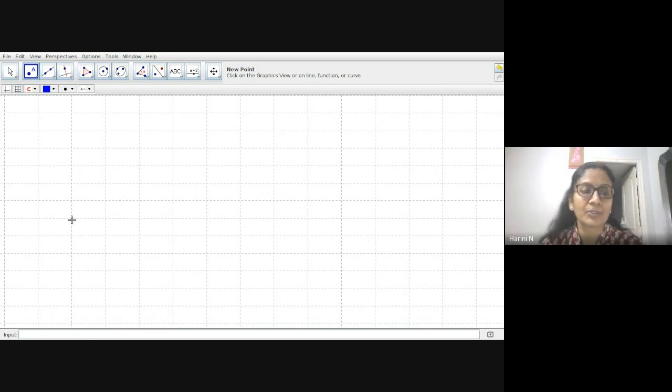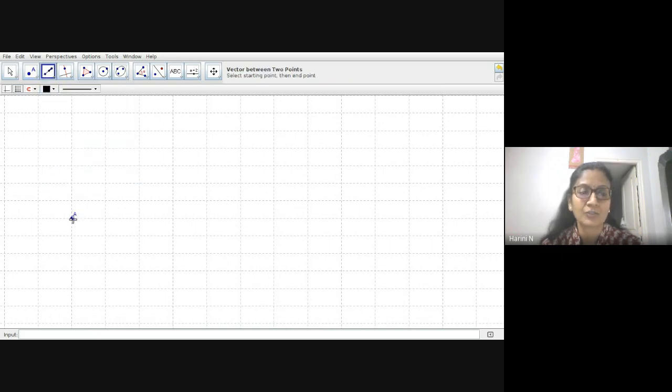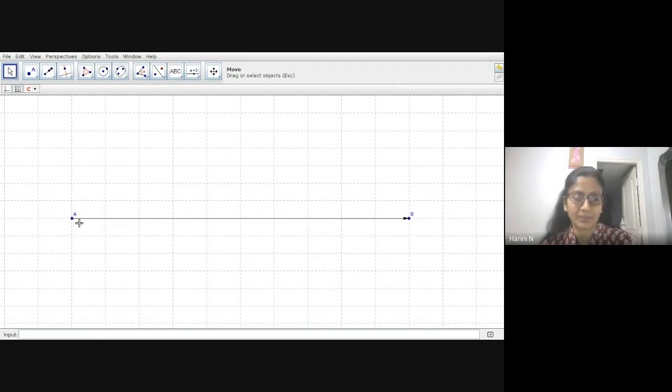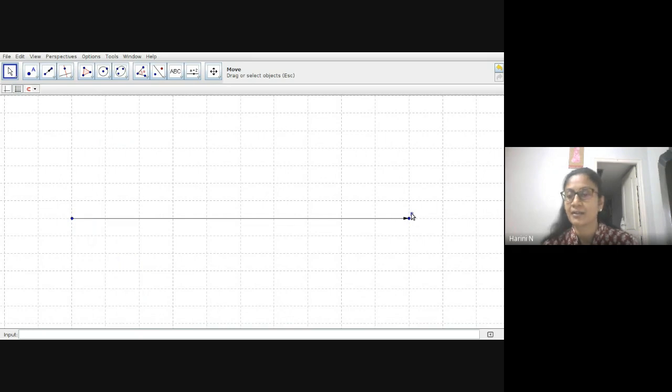I'll first mark this point here. From there, I just draw the ray. You know how to draw a ray. A ray means it should have an arrowhead on one side. So from here, I pull and make this ray somewhere here. Now there are some alphabets getting introduced because this is an app which automatically takes the positions of the points that I'm marking. I'll remove them so that you don't get confused. So you have this ray drawn, which is going to be your number line.